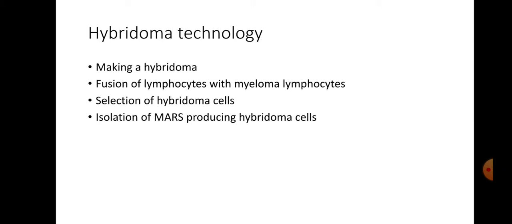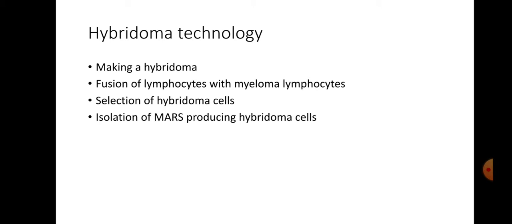So here we are using a B lymphocyte which can produce only one type of antibody and in good number. It keeps on multiplying as it is a cancerous cell. It keeps on multiplying, the cell will not die. Since these antibodies result from a clone of cells developed from a single hybridoma in culture, they are said to be monoclonal antibodies. That is the principle behind this hybridoma technology.